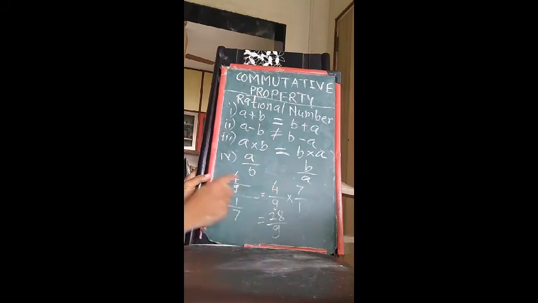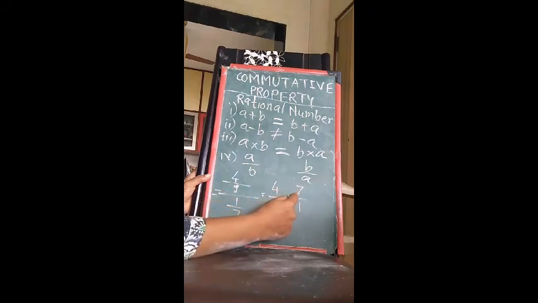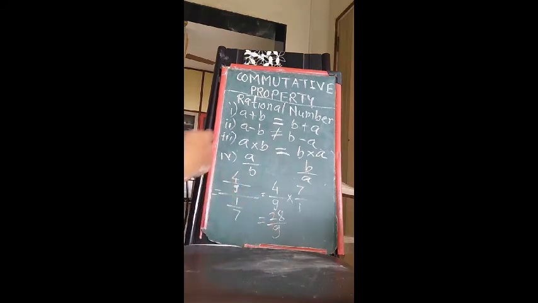So 4/9 we have taken as it is, multiply by the reverse of this number, 1/7. तो उसका नंबर उल्टा आता है 7/1. It is the same as 7. अभी आपको क्या करना है, numerator को multiply करना है और denominator multiply करना है. So 4 multiplied by 7, the answer is 28, and 9 1s are 9. Have you got this? So first the answer came as 9/28, and now the answer came as 28/9, the reverse answer.